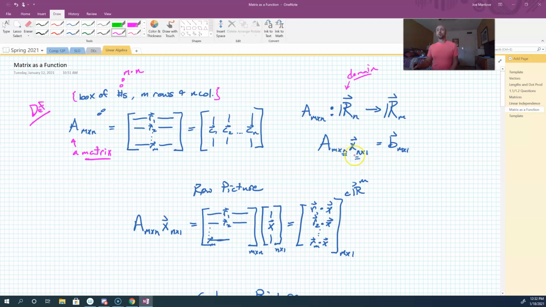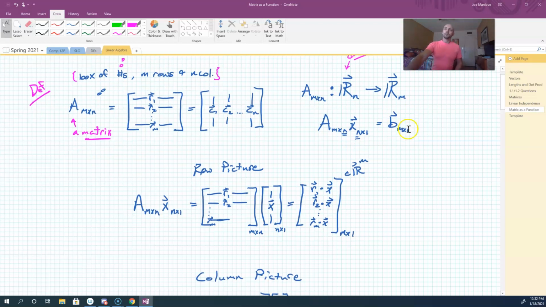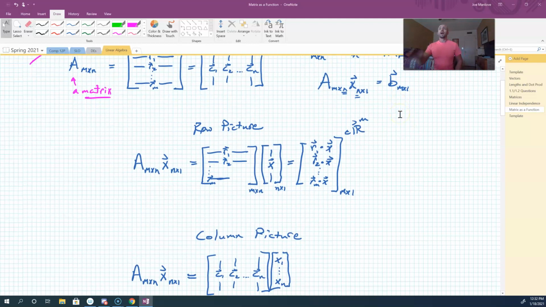This multiplication will work so long as the inner numbers match, and the result will be M by 1. So that'll be a vector in R^M. Traditionally, b is used for the output there instead of y, for reasons, whatever. Okay, now, how does it actually act as a map? Well, there's a thought called the row picture, where I take an M by N matrix and apply it to an N by 1 vector. And the way I do that application,